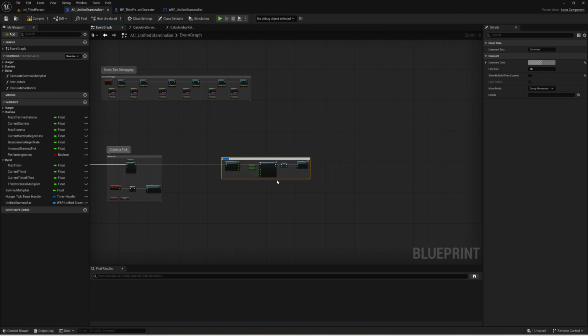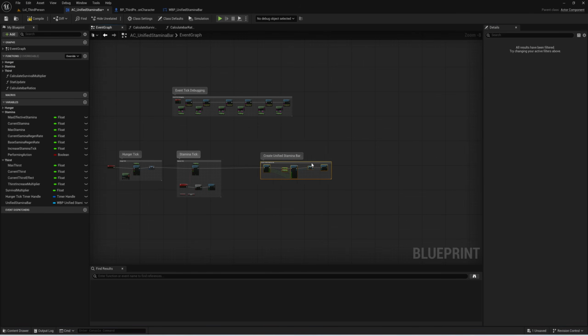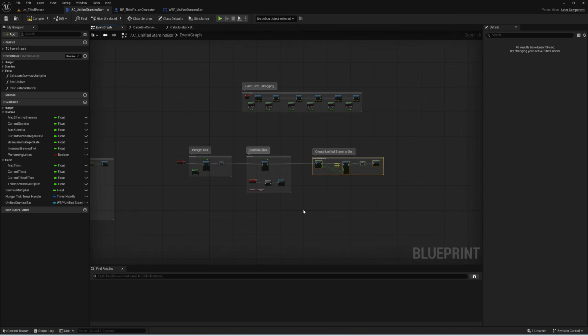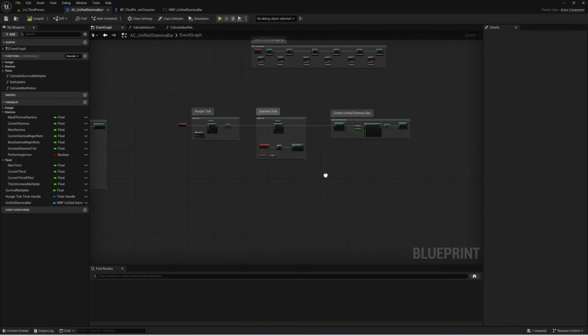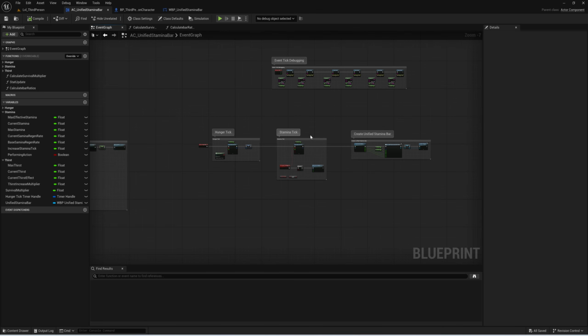Highlight this, comment it, and just call create unified stamina bar. Show bubble when zoomed, color bubble. Very nice. Now this only shows it when we've started the game. So we need to make sure every single time that we update any of our values that we also change